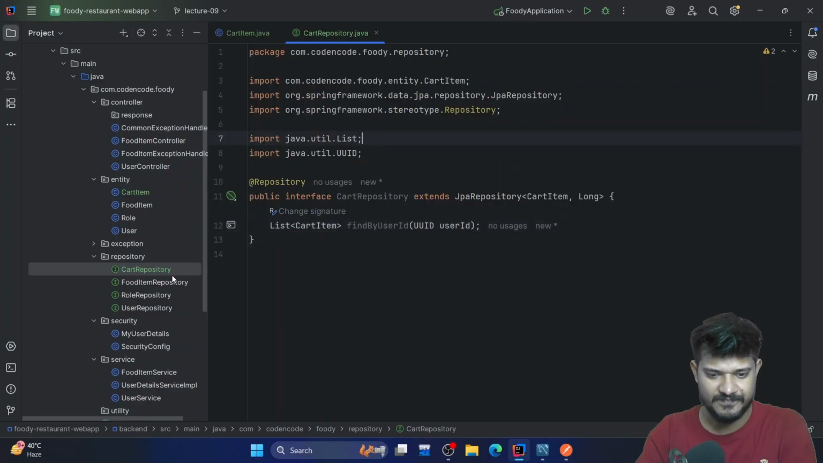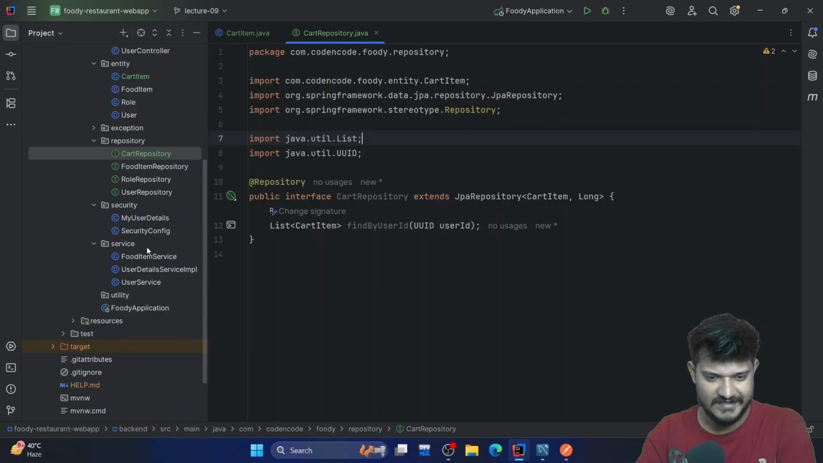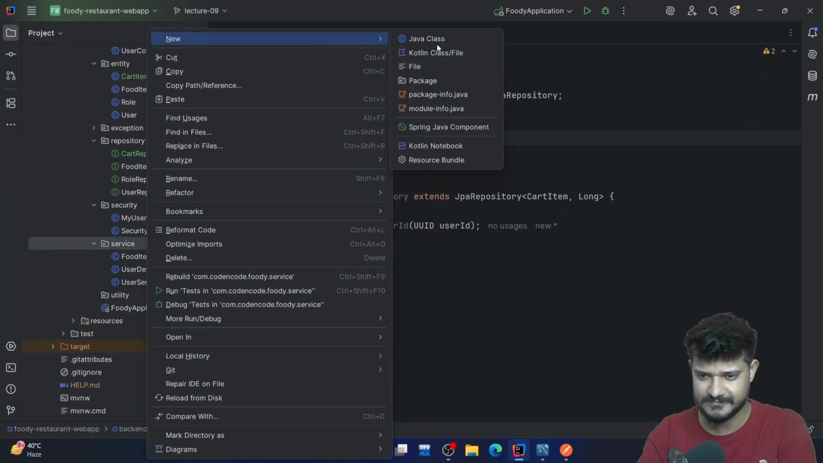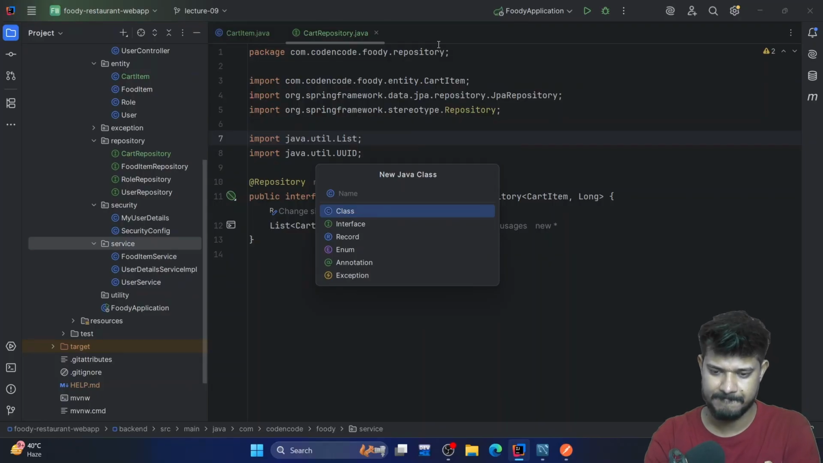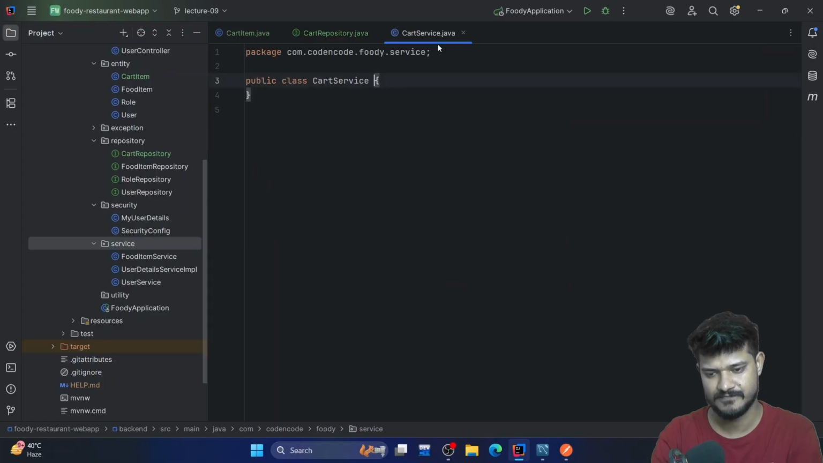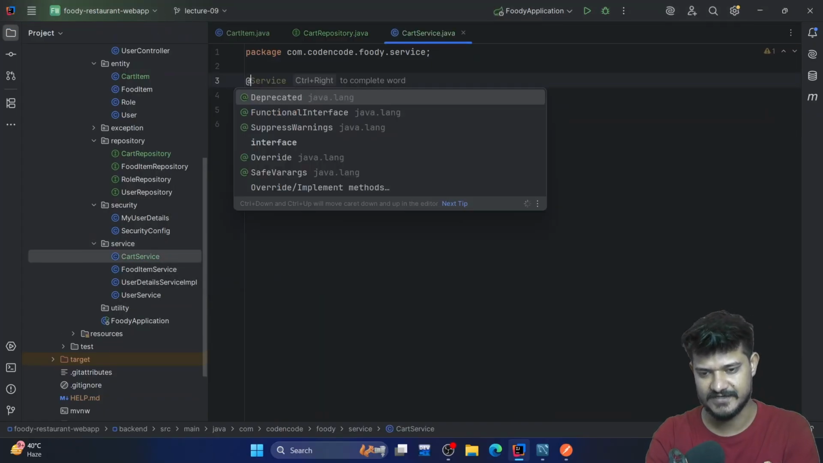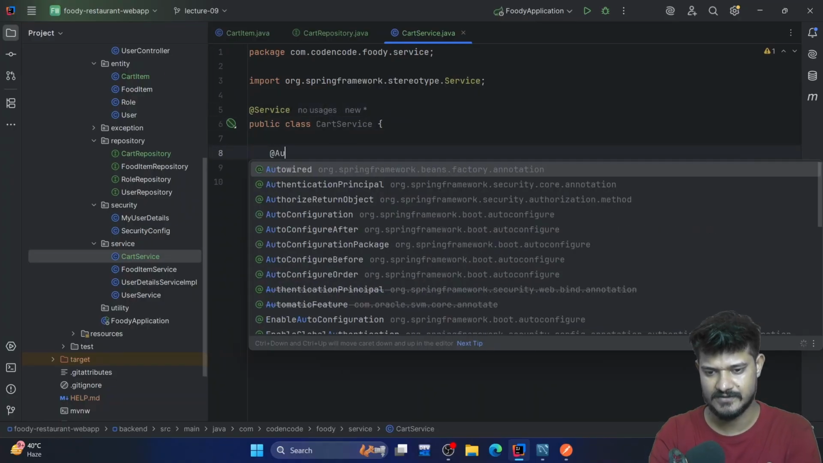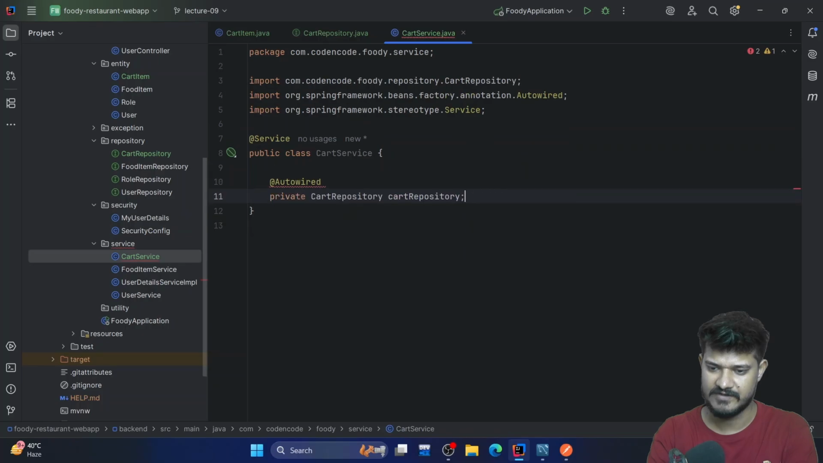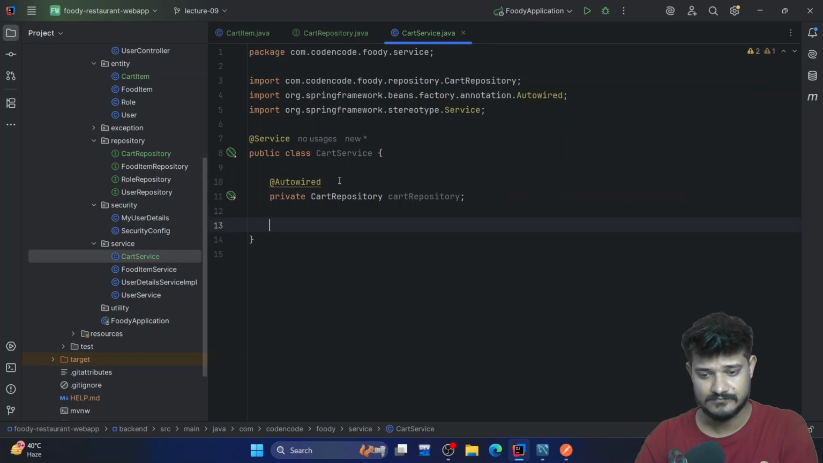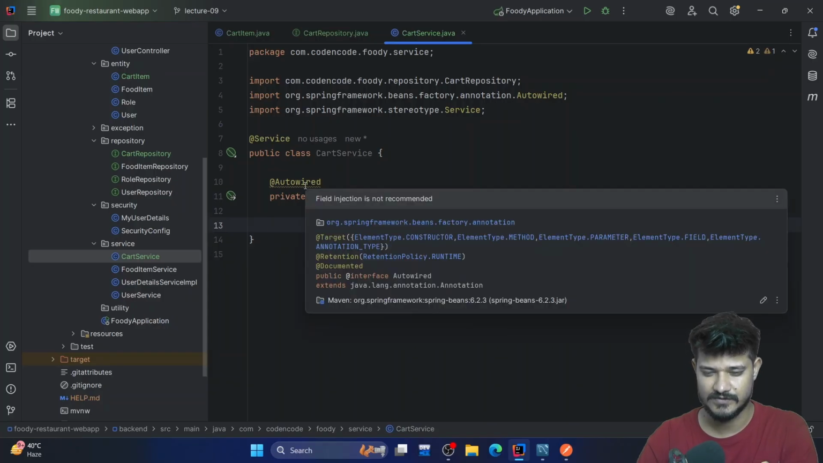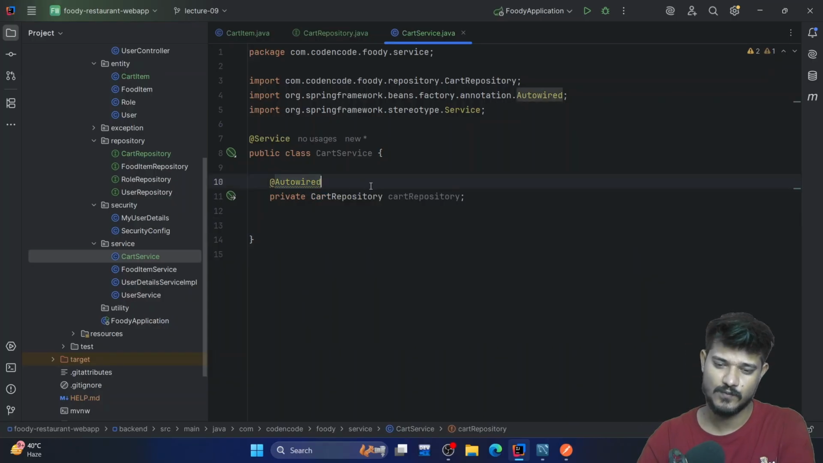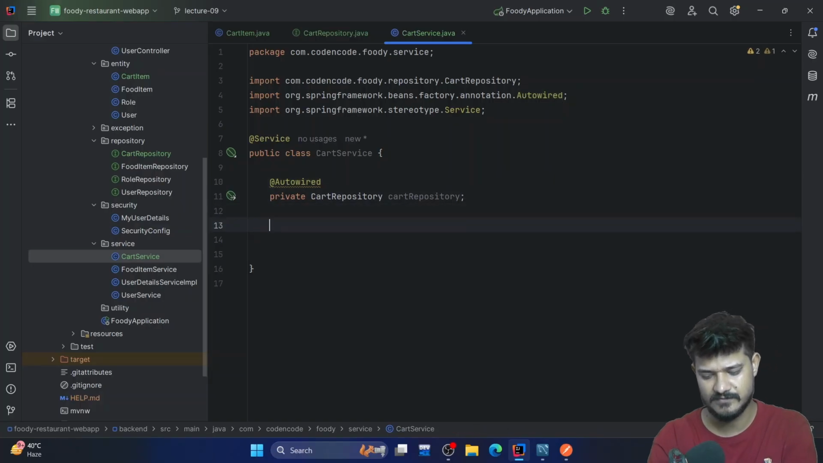So now we have cart item, we have repository, and let's define a service. Let's call it cart service, annotated with @Service. And now here we are going to use @Autowired private cart repository. If you see, we have been getting this warning. If you want to get rid of it, you can do so by defining